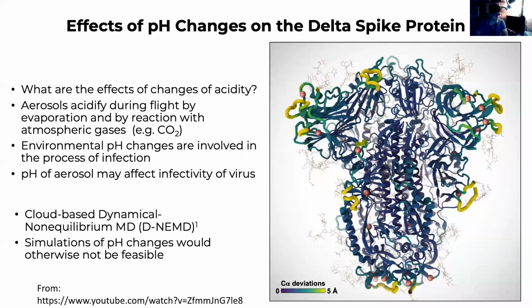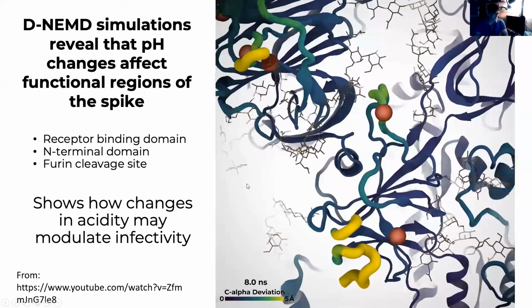So these researchers, if you look into the said YouTube video link below, since I'm still compiling the slides, so I have to refer to the other authors to do the job. So the spike proteins are actually affected by the acidity itself. So the changes of acidity led to, again, I'm just repeating what the author has said, and actually, pH levels modulate infectivity. So that actually leads us to